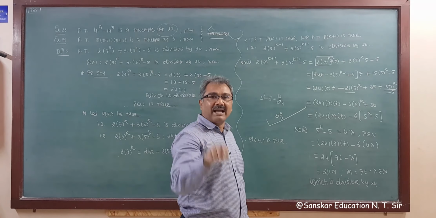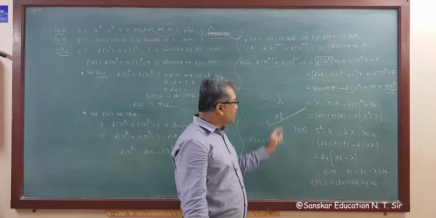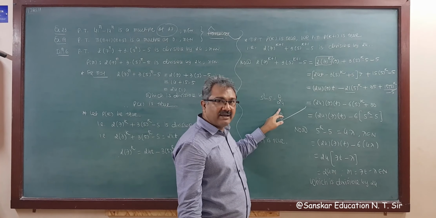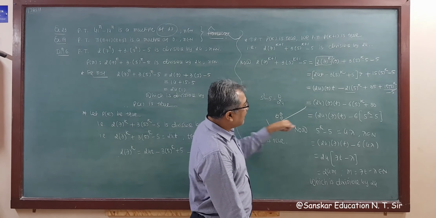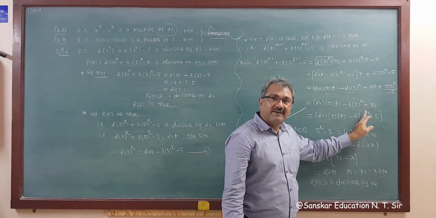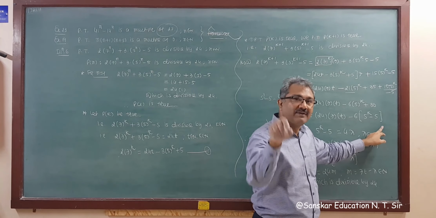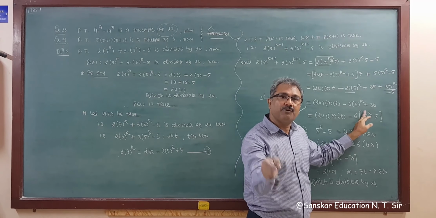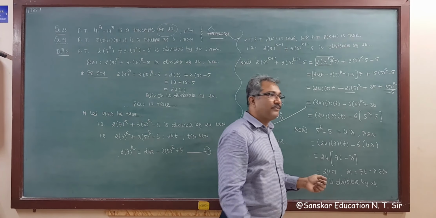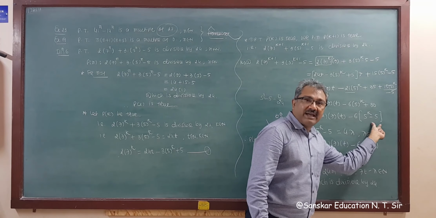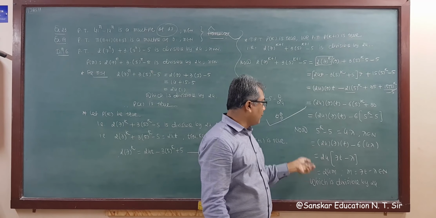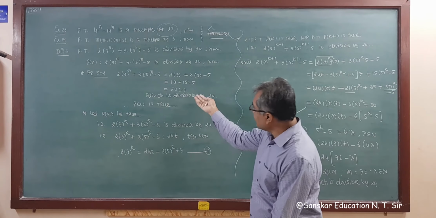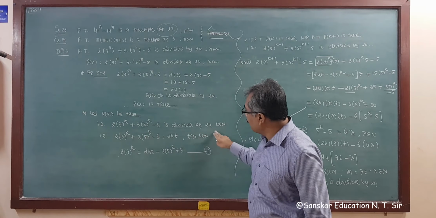because 0 is divisible by any number, right? But keep in mind, non-zero numbers. So this is divisible by 4. Suppose we take k is equal to 2, then 25 minus 5 is 20, which is also divisible by 4, right? Then k equal to 3, then 125 minus 5, 120, is also divisible by 4. So this number 5 raised to k minus 5 is divisible by 4, and that's why I am writing 4 into any constant.